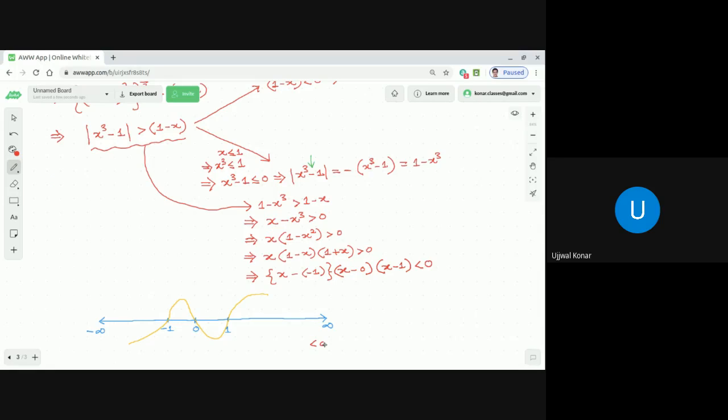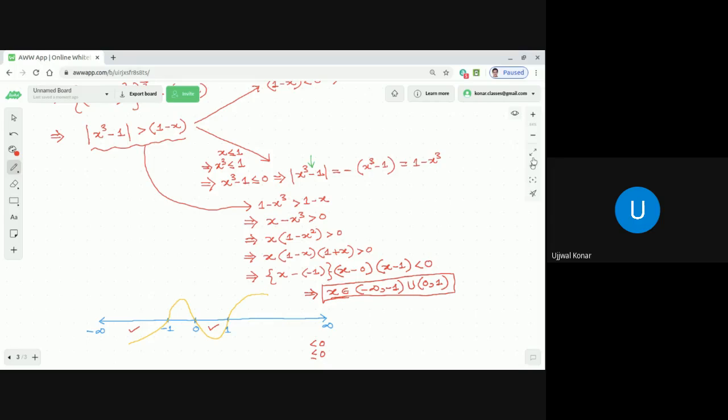As you know, dear students, we look below the number line for less than 0 or less than equal to 0. So this is the solution set, no? The solution set we are going to get is minus infinity to minus 1, and 0 to 1. So x belongs to minus infinity to minus 1 open interval, union open interval 0 to 1. And you know, dear students, we should only worry about the open interval because the inequality is less than 0. So this is one solution we get.